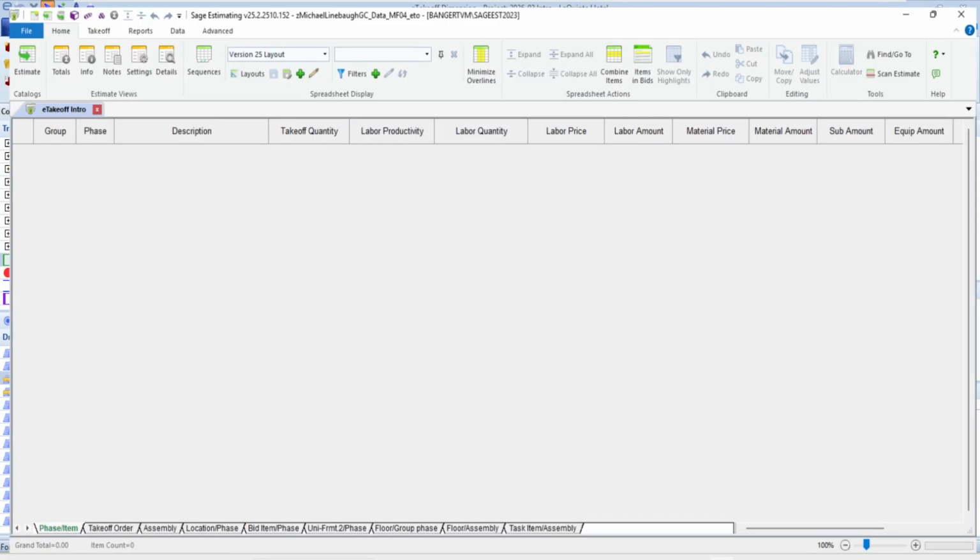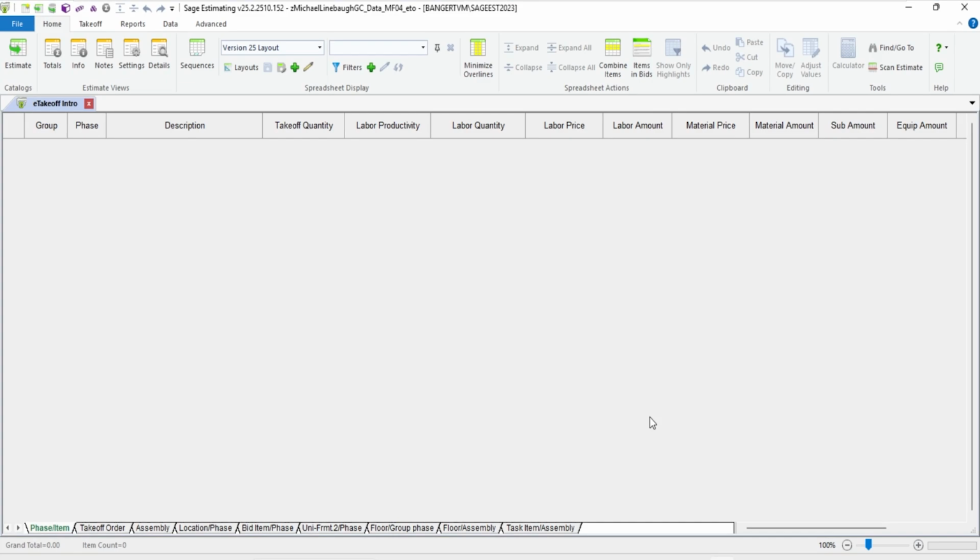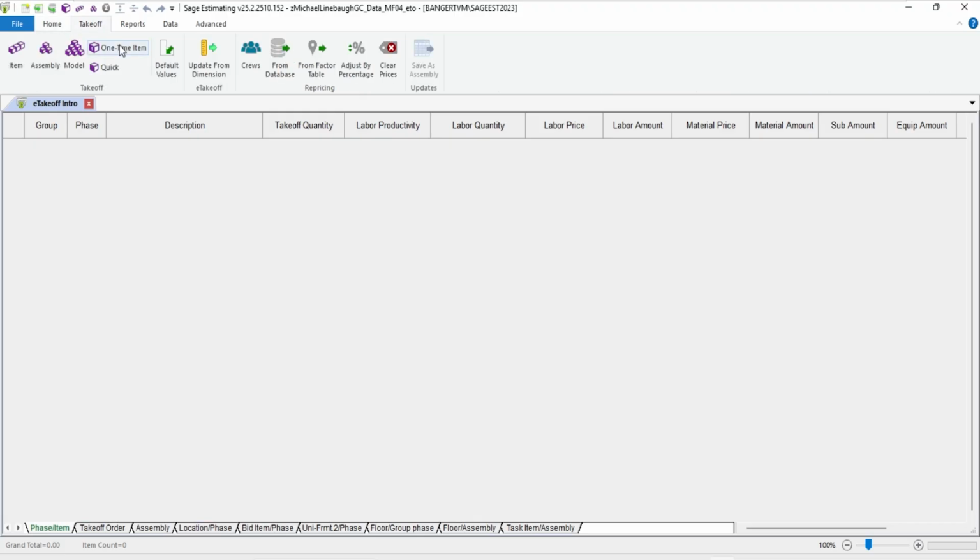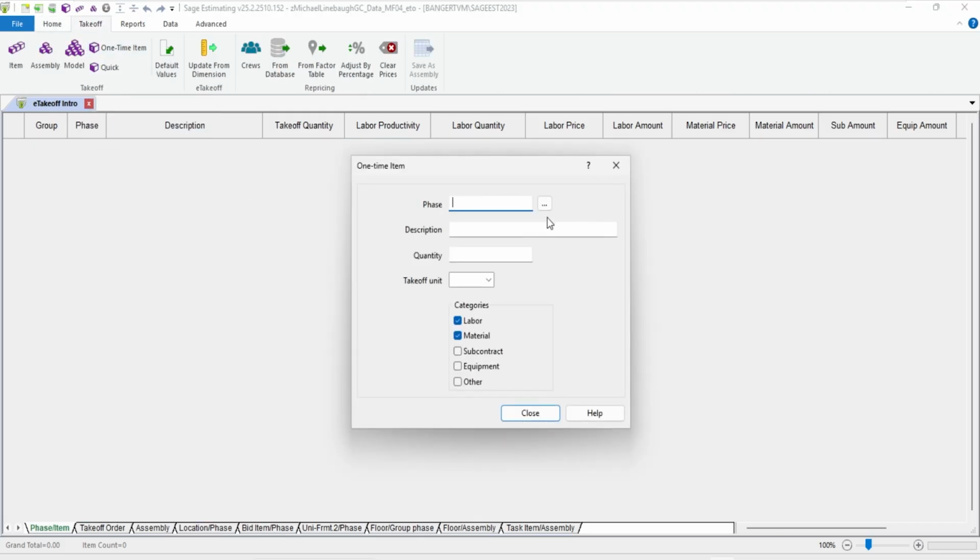And then at some point, we need to build an estimate so we can price it and things of that nature. The method I'm showing first has nothing set up ahead of time. If you notice, I made that trace up as we went. I'm going to be making some items up as we go, using nothing of a database, just a quick way of getting items into an estimate and getting some quantities linked up. So I'm just going to do a one-time item for the moment.